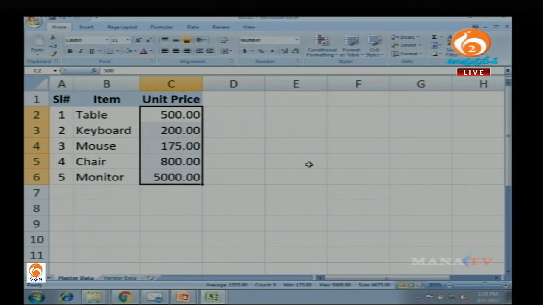I want to create an analysis. I have a fixed number of items which I will get from a vendor with a fixed price for each of the items. Unit prices: one table is 500, one keyboard is 200, likewise. Okay. In the next sheet, I want to track which vendor supplied what, what is the quantity, and what is the